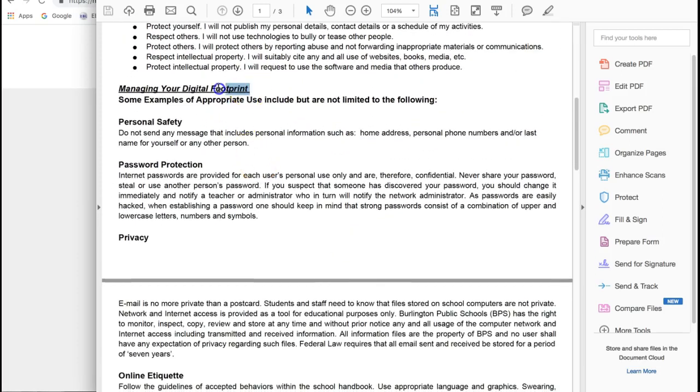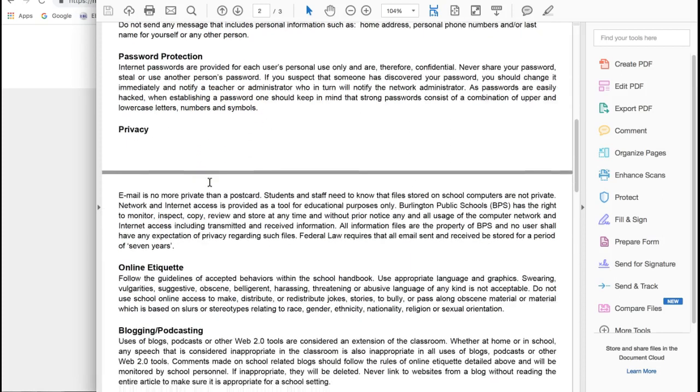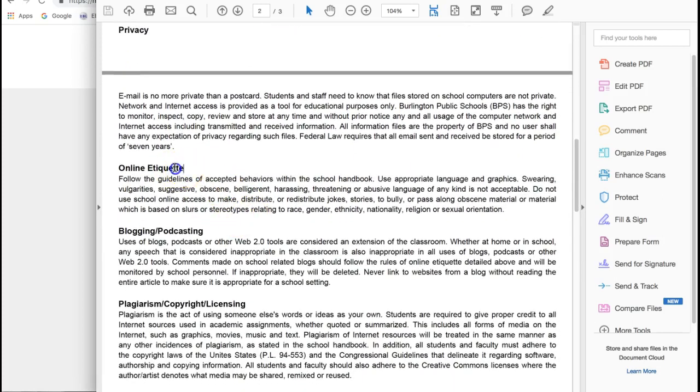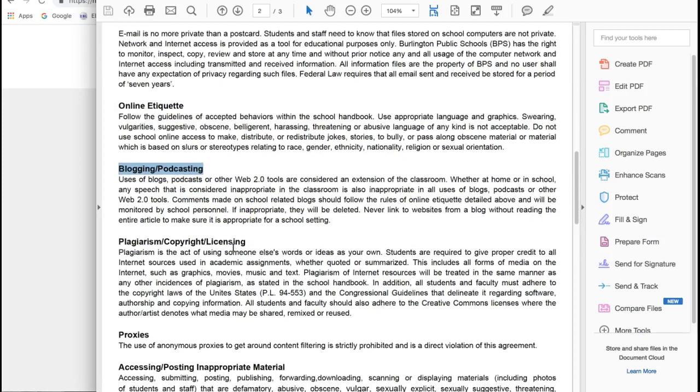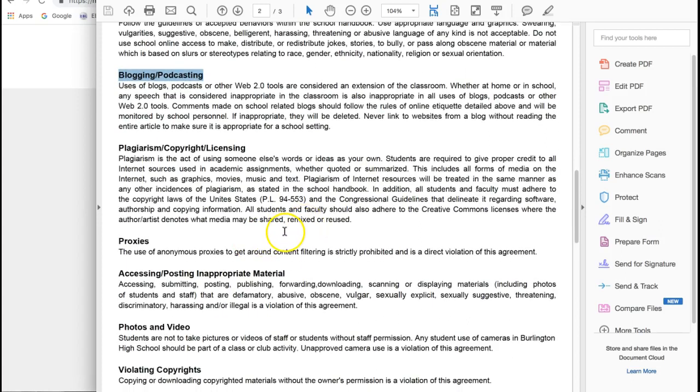Also, it gives advice on a digital footprint in terms of not sending any personal information, and to protect passwords and not share them. And it goes into online etiquette. Blogging and podcasting, I use that in my own lesson plans. So I do have certain standards that I remind students about blogging, that you're not answering the person, you're answering the idea. And you might argue the idea, but you would never attack the person that is posting it. Careful reminders of plagiarism,